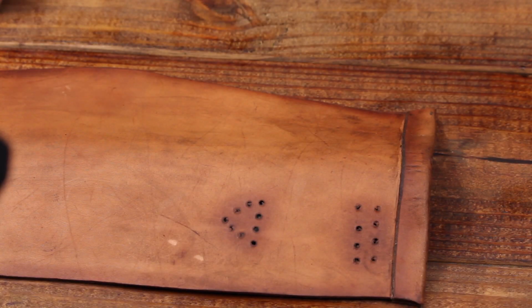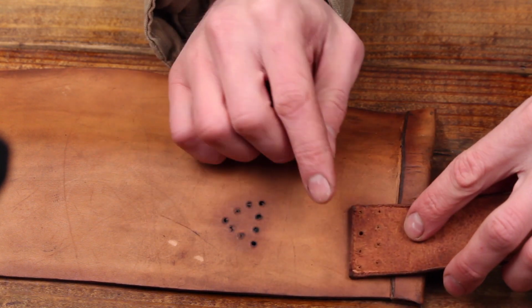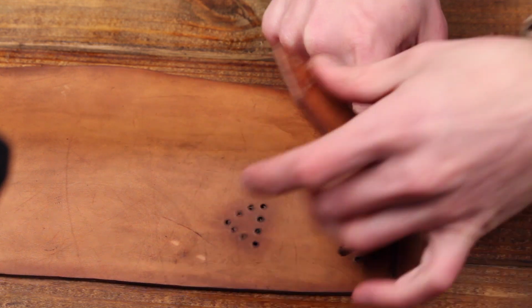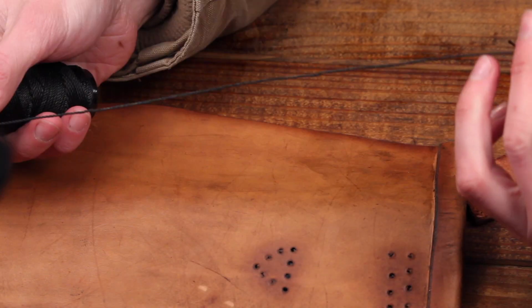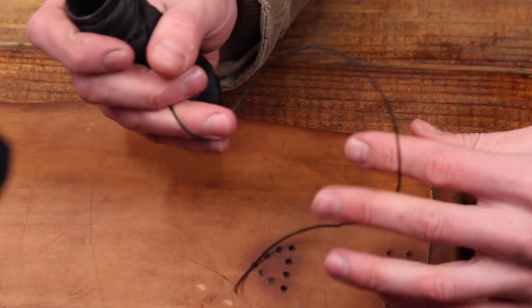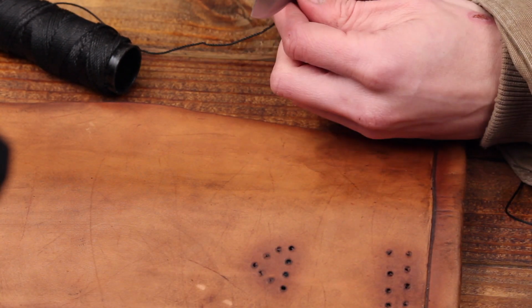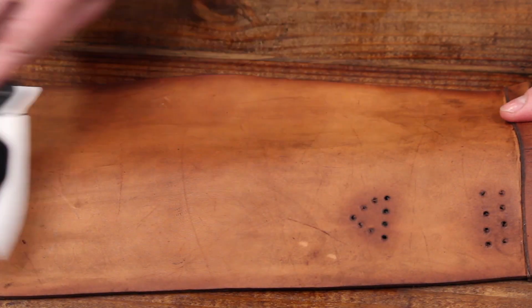Okay, so we'll go ahead and sew on the belt loop. So we got to sew on this part first, and then we'll fold it over and sew on that. So what I like to use in all of my knife sheaths is bank line, and it's a tarred twine. So I don't know what they actually use in the Milledgeville knife sheath, but it is what I like to use. And then especially on the rest of the sheath itself,